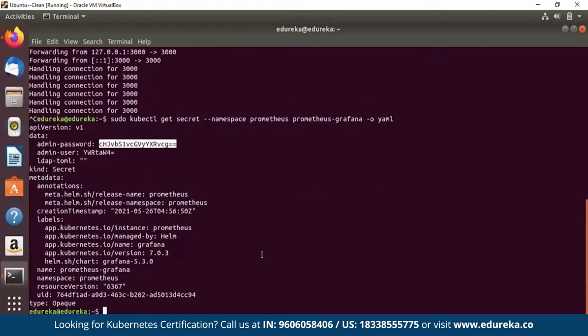So you will get the admin password and also the admin user here. As you can see, the secret data is encoded with base 64 and you can only decode it by using a certain command. But before that, if you notice, the admin password and the admin user are both still encoded. So what we're going to do now is get the username using the command